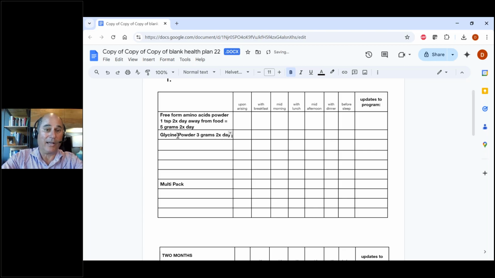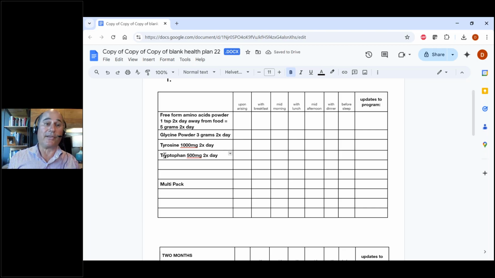Let's say you're doing that 2 times a day. So it's pretty easy. You have the patient do their free-form amino acid powder, a teaspoon, then they put in their 3 grams of glycine in there. And then if they're also low in tyrosine, you might have them do 1,000 milligrams of tyrosine 2 times a day. Again, they can just open up the capsules and dump it into this one drink, and they're low in tryptophan. So you give them, let's say, 500 milligrams of tryptophan 2 times a day. And this is all in one drink.